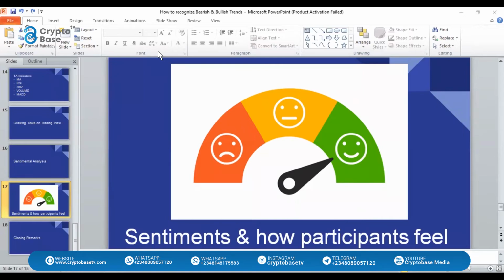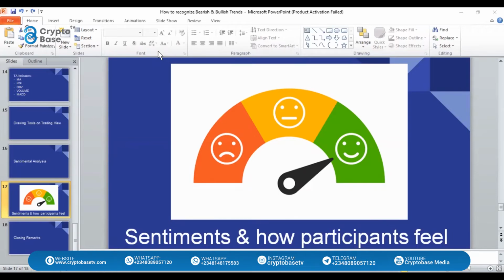That's how you can have an edge with market sentiment, because sometimes you'll be thinking, from technical analysis this is supposed to move up now, from fundamental analysis this chart is supposed to move up now. What's wrong? Why is the price not going up? It is probably the sentiment, what people think about the market. People still feel very bad about it. Sentiment can change. Investors can review their coin and see it is no longer worth holding, then say, no, I have to leave. That's the power of sentiment, that's the power of people.